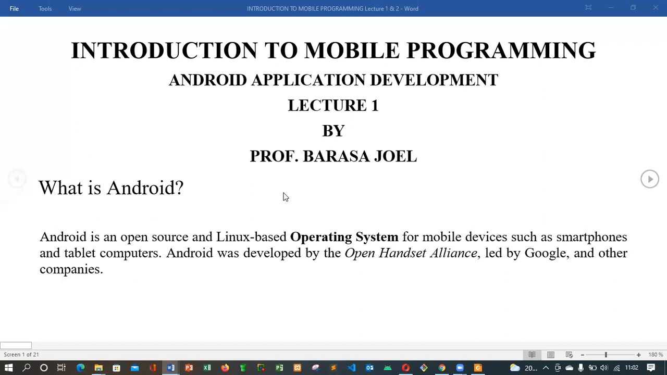and iOS platform small devices such as smartwatches and so on. Now, we have under Android or under small mobile devices such as smartphones and tablets, they run what is called an Android. An Android is a Linux-based operating system that is used for mobile devices such as smartphones and tablet computers. They were developed